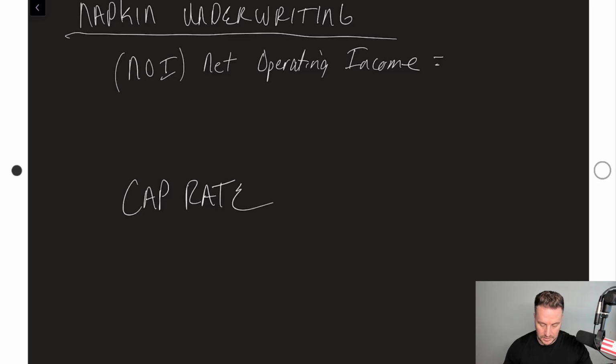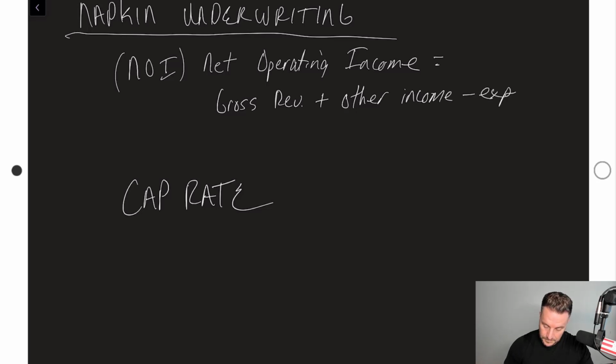So what is net operating income? It's a mouthful for sure. Net operating income is all of your gross revenues. So gross revenue plus other income minus expenses. So the easiest way to think about this is it's all the money that you make minus what your expenses are. Now there is one caveat that throws people off in net operating income,